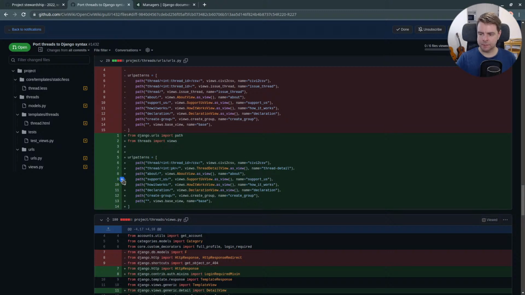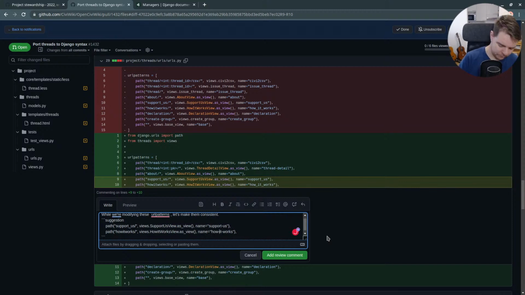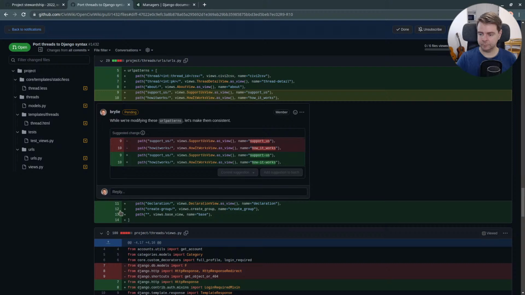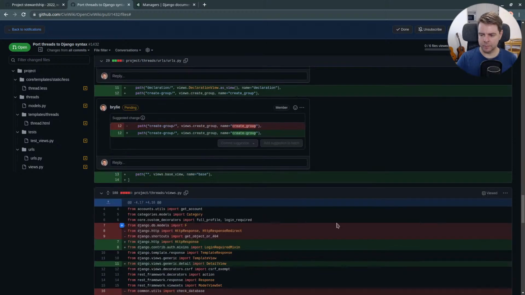All right, let's make these consistent while we're here. I'm not sure that we're using all these, but that's Gorkum's purview right now.